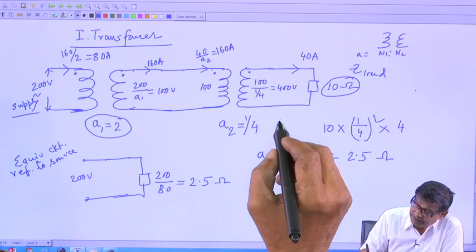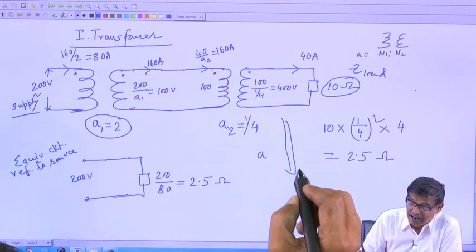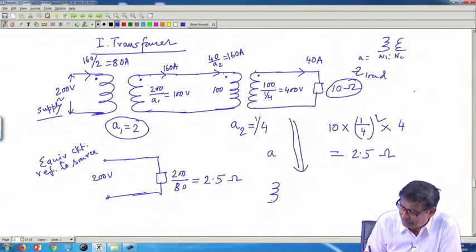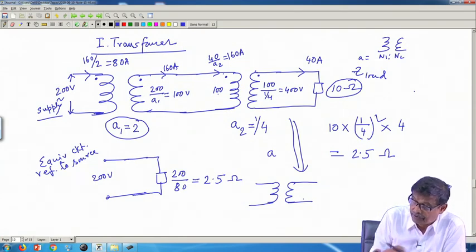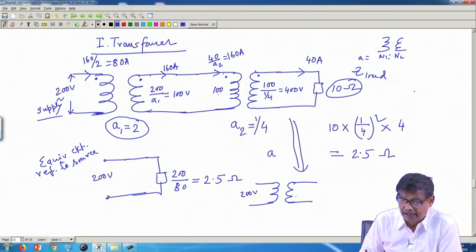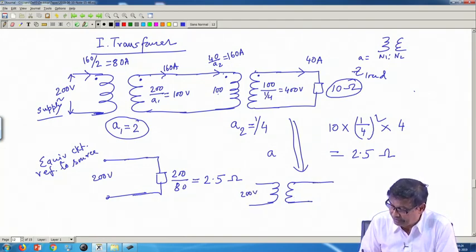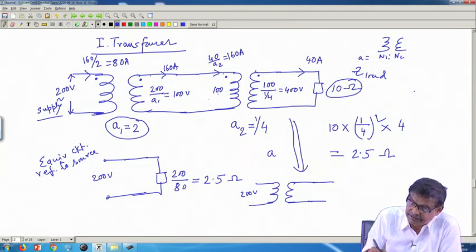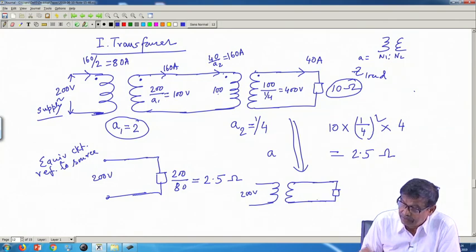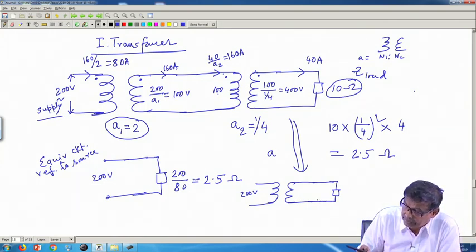Just to conclude this, I am telling you this whole system can be drawn like this also. First transformer I will keep, if I go step by step. This is the transformer. Okay, first transformer. I am drawing this whole circuit here. This is 200 volt, fine. And here was a transformer. Treat one transformer at a time, eliminate this transformer first. Then I will say across this transformer an impedance is connected, whose value is A square into 10.